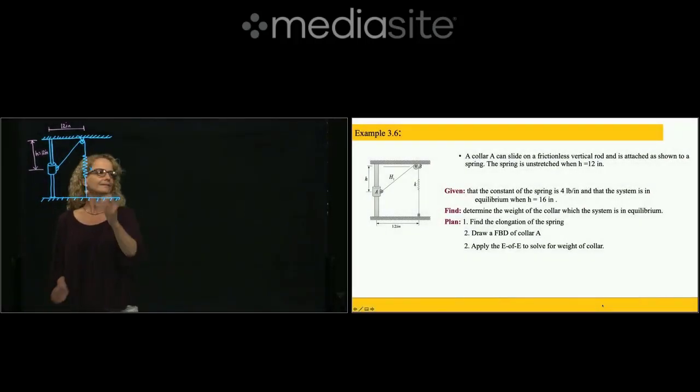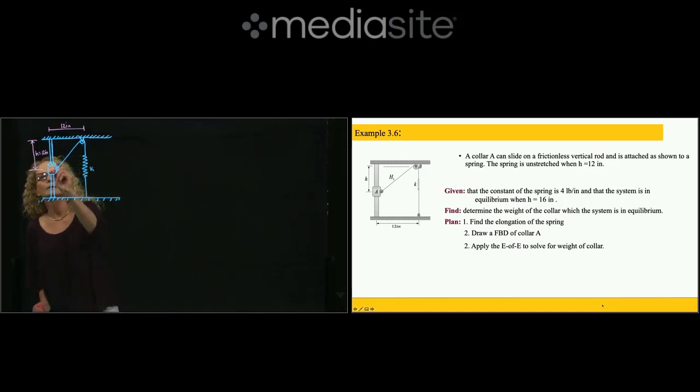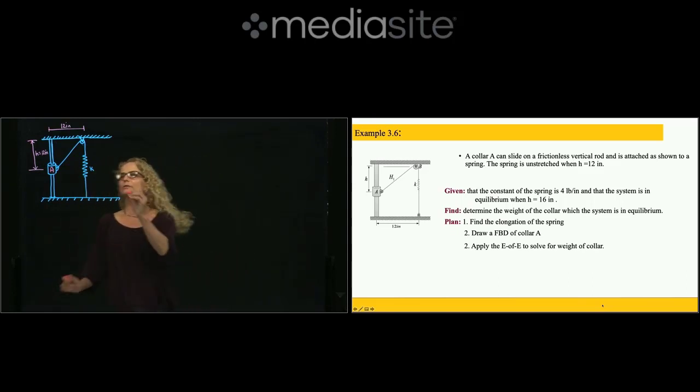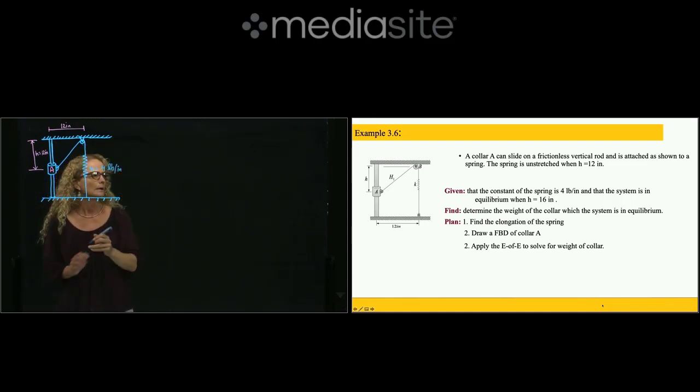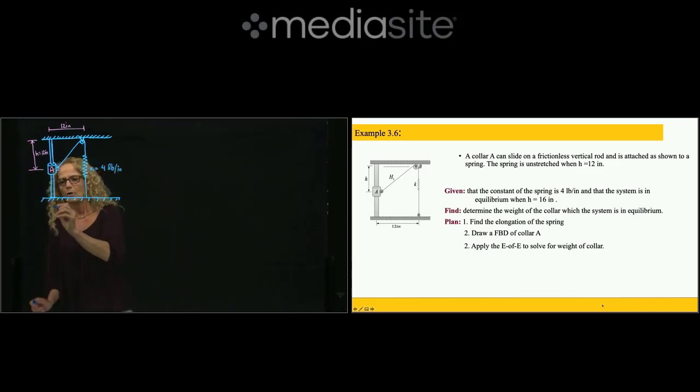Hi, this is problem 3.6. This problem is from the book Pytel and Johnson, Equilibrium of Particles. It's a coil, which is this right here, A. It's frictionless. The constant of the spring is given and is equal to 4 pounds per inch. And they want us to find the weight of the coil